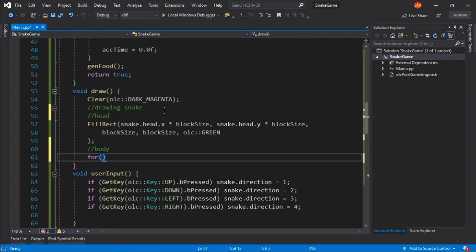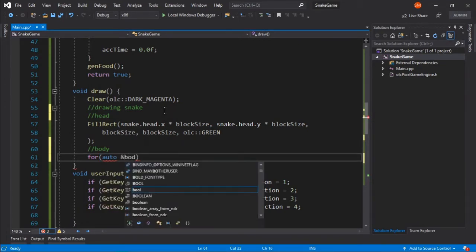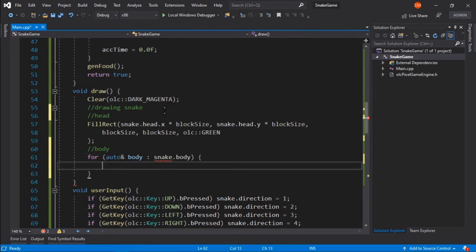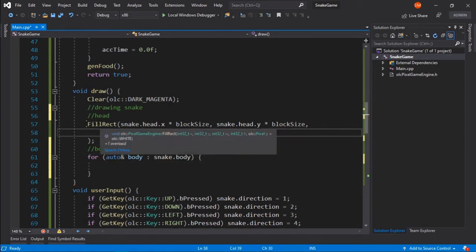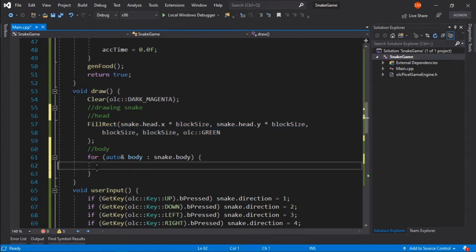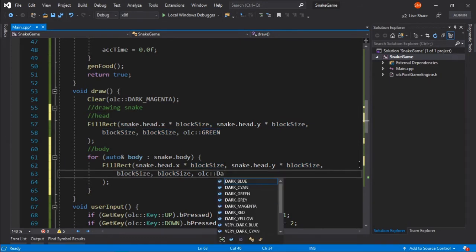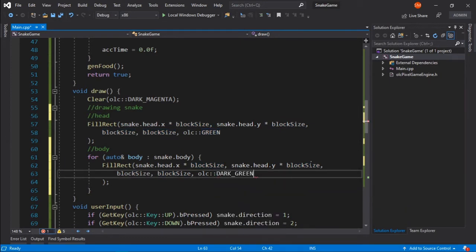So for, let's say, auto reference body in snake dot body, for every part, I want to fill a rectangle of, let's say, OLC dark green here, and it will be simply body instead of snake dot head, to represent that we are having the body here.